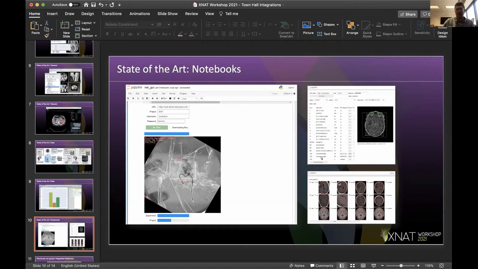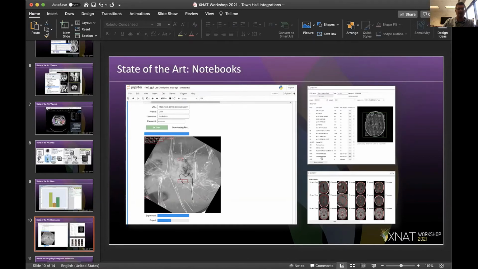So over the years, we've done a number of different notebook interfaces into XNAT. These are several. I think Misha wrote most of these for doing various quality control review and annotation of images. And I think he uses these on a daily basis to streamline his workflows. And it's been a really nice way to develop capabilities quickly that look and feel like you're working